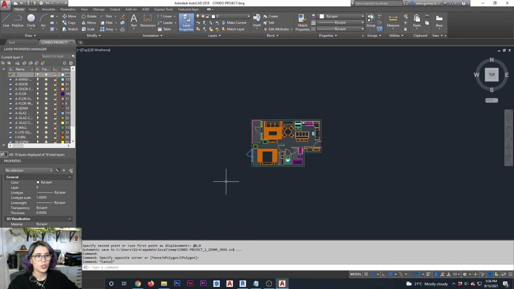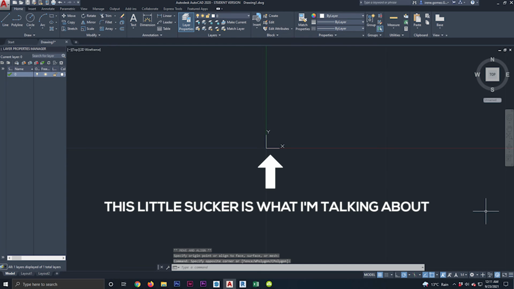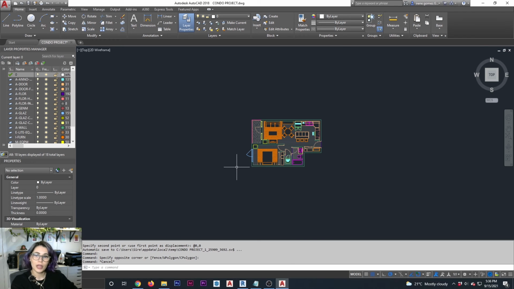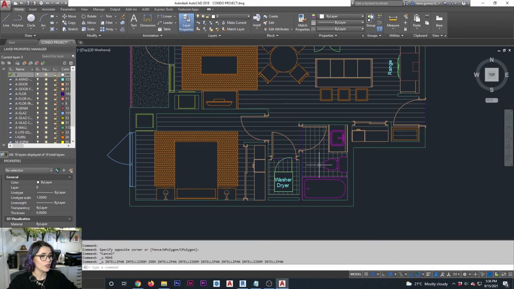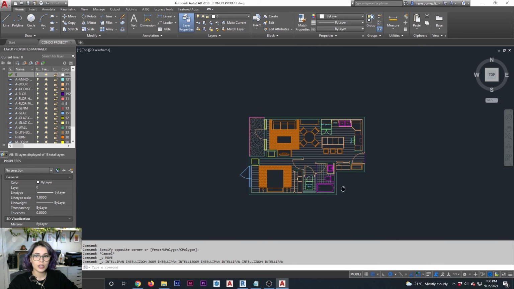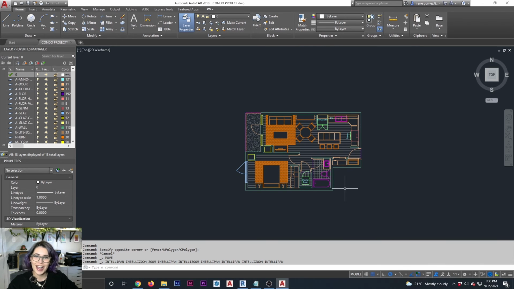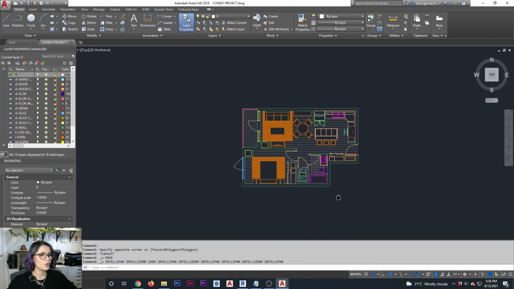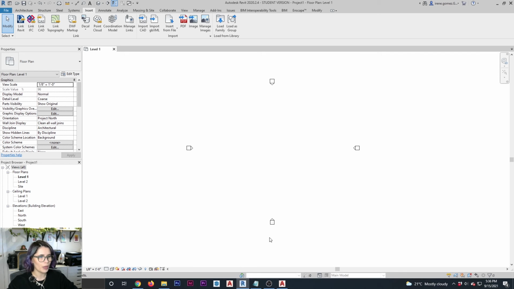Another option is that in some CAD drawings, you're gonna be able to see the origin of the file, which is gonna be a little X and Y arrow, and then you can pick it up and move it in place. But to be honest with you, I usually don't want to work with the CAD file for multiple reasons. One, you might be messing up something by accident without even noticing, but more importantly, sometimes you're not going to have access to AutoCAD, you just have Revit. So the easiest way to solve this issue is going back into Revit.